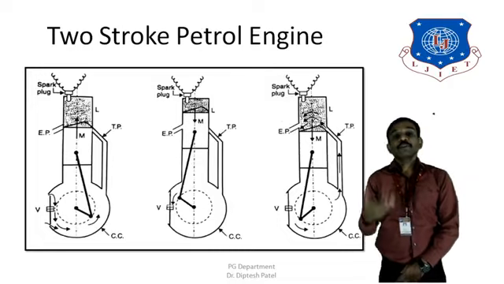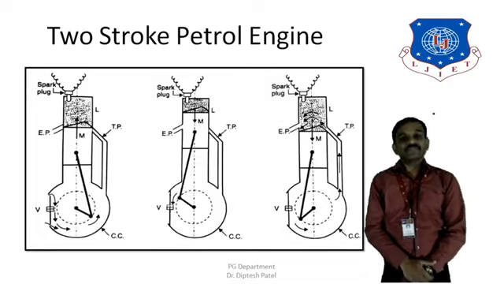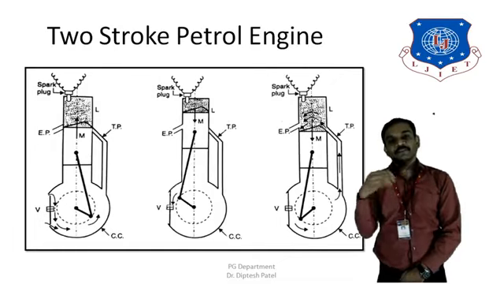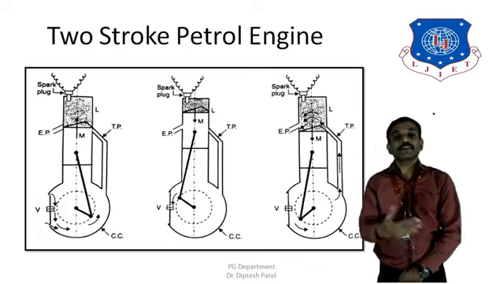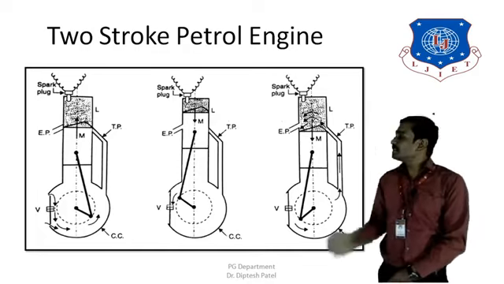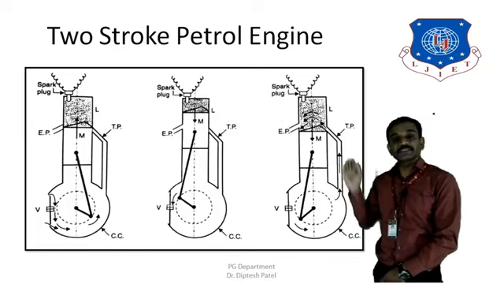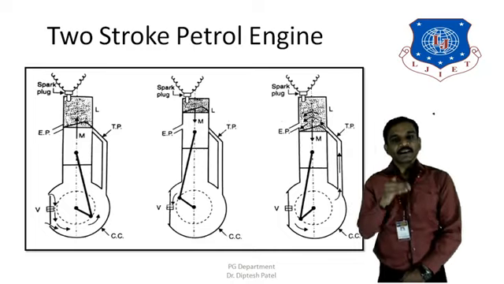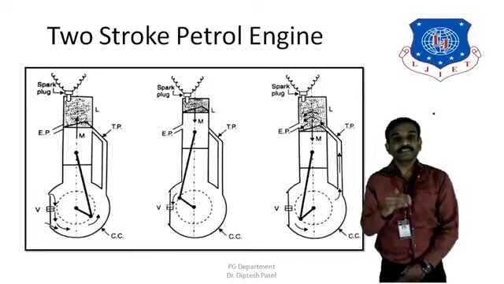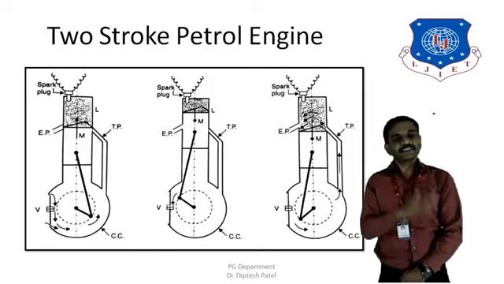Then we are moving forward to the 2-stroke engines. Now we are going to see the remaining couple of examples, and one of them is a 2-stroke petrol engine and the other one is a 2-stroke diesel engine. So let's go through the first one, which is the 2-stroke petrol engine. Here you can see in the diagram all 4 different processes such as suction, compression, power or the expansion, and the exhaust.